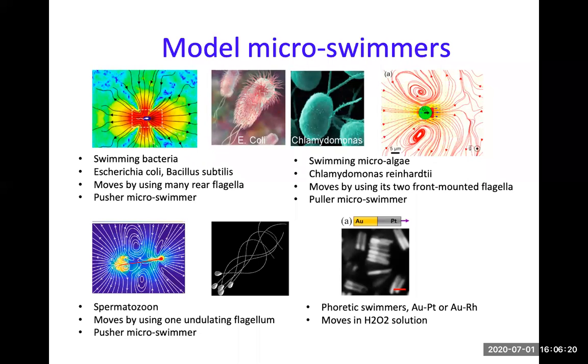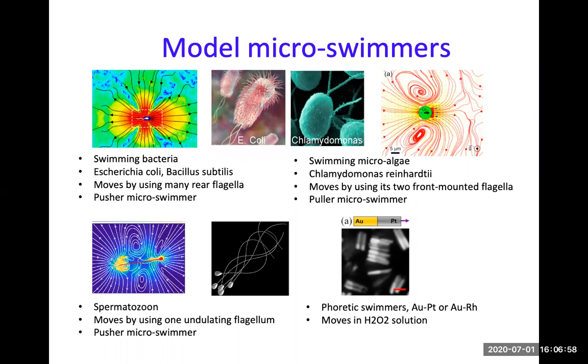Then we have Chlamydomonas. It's a eukaryotic cell, kind of round, and it has two flagella in the front. And by moving these two flagella in a periodic motion, in a breaststroke kind of manner, it pulls itself. So it's a so-called puller swimmer. And the fluid flow that it generates, if you average it over one breaststroke cycle, is also this hyperbolic-like fluid flow, force dipole, but with a reverse sign from that of the bacteria. So the fluid flow, roughly, comes in at the front and back and goes out on the sides, right?